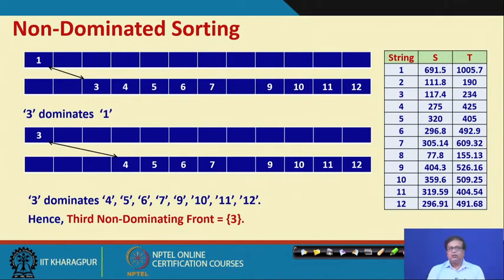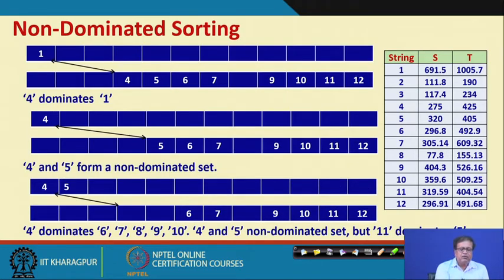So, we got 3 fronts, but then we need 6 of them for the next generation. Recall that we had 12 here, the first 6 are parents, the next 6 are offspring. Out of 12, 6 will go to the next generation. So, even if we take first front, second front, third front, we have got only 3, we need 6 of them. So, again we continue, leaving out those 8, 2 and 3.